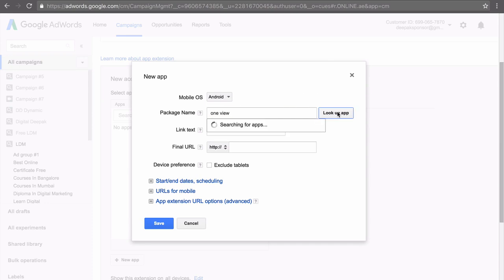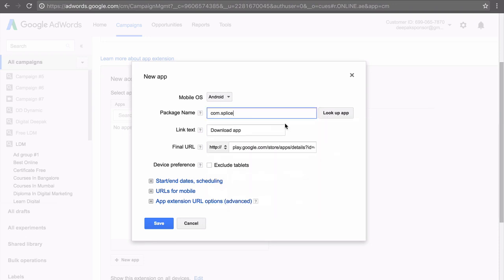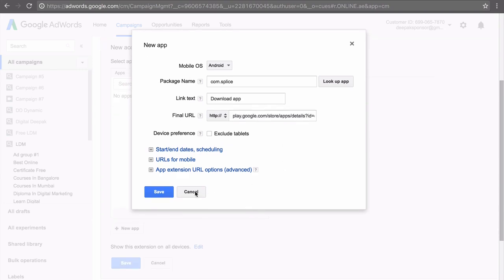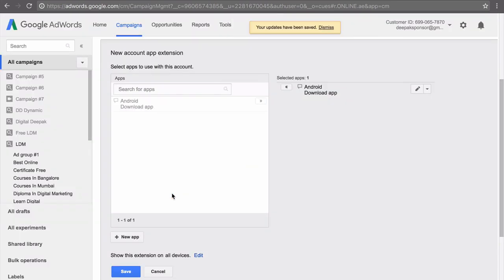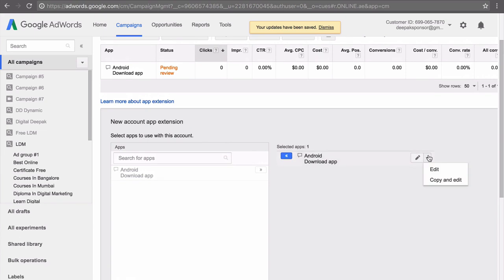I'm just searching for one of the apps which is not mine, but it is one of my friend's apps. So I'm just adding it here, and this is the final URL that it has given. I can click on save, and this particular app is added as an extension, as simple as that. We'll remove it for now.